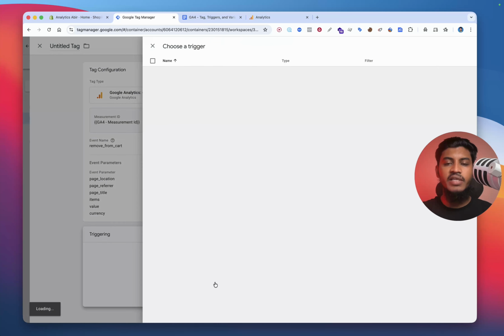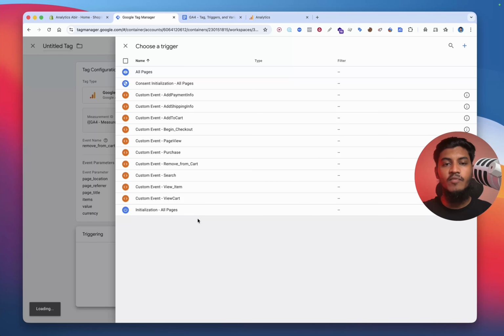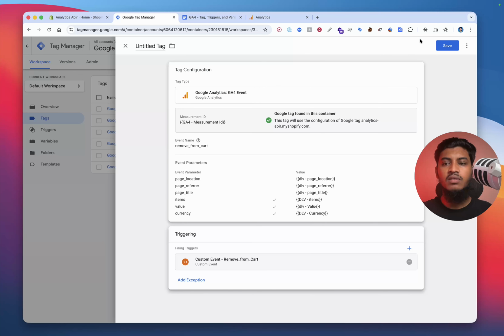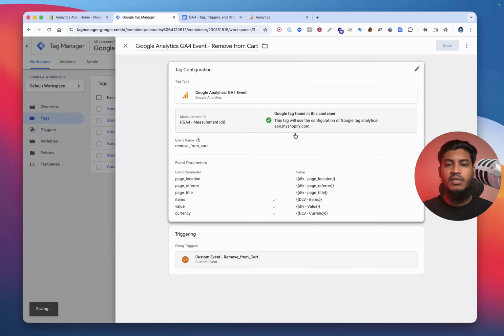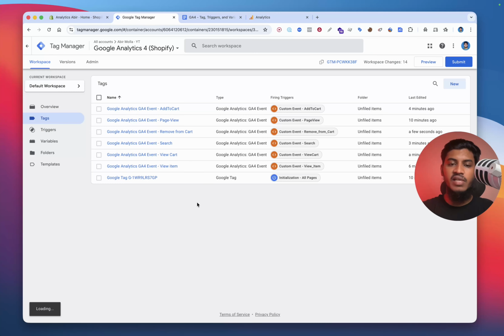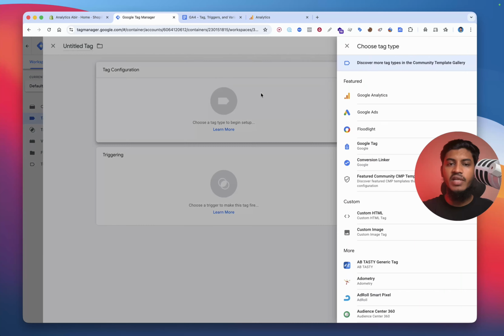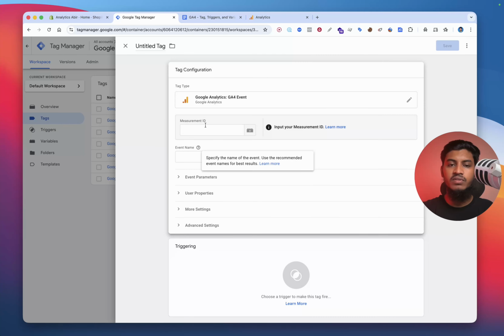Then again select the triggering. This triggering will be the remove from cart. Then select save and again enter here your tag name. Then select save again and again select the new tag configuration,